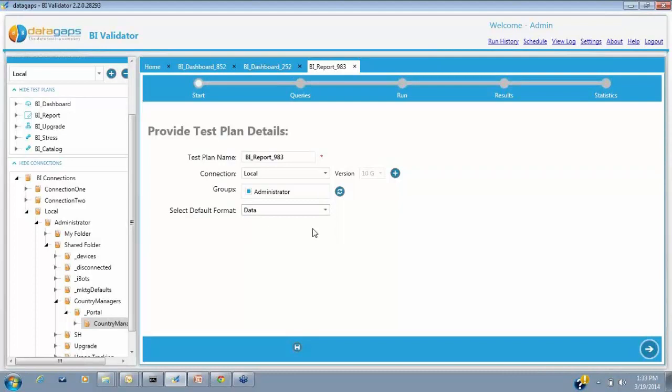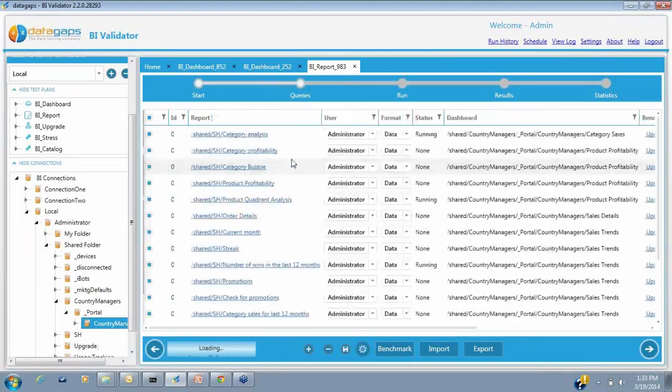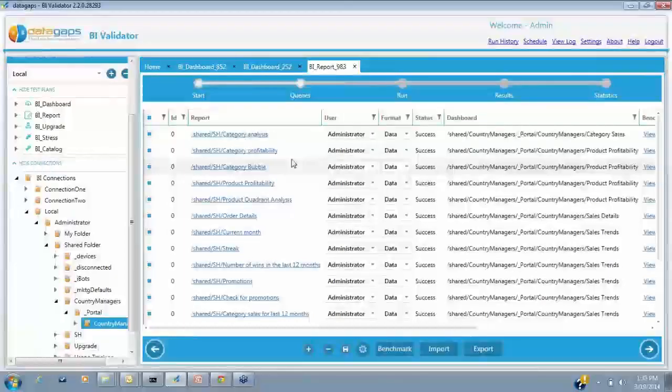I have both options. So if I have data, then I can move on to the next screen, and then I can actually drag and drop the same folder. But now what you will notice is that instead of just 4 or 5 dashboards in the folder, we are actually navigating through all the reports which are part of the dashboards, and then we get all the reports, we hit the OBI server, get the data back, and that is how we are able to do the same regression testing again. So this is at a dashboard level.